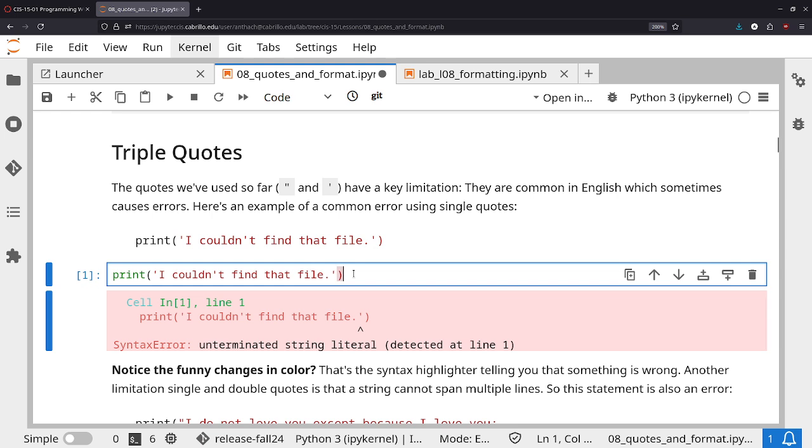Isn't that kind of weird? Well, why is it an unterminated string literal? How do we fix this? There's a few different ways we can fix this, but do people kind of see what's going on here? Yeah, what's going on? Why is it unterminated string literal? Yeah, I mean, yeah, that's one way. We could use double quotes instead because of this